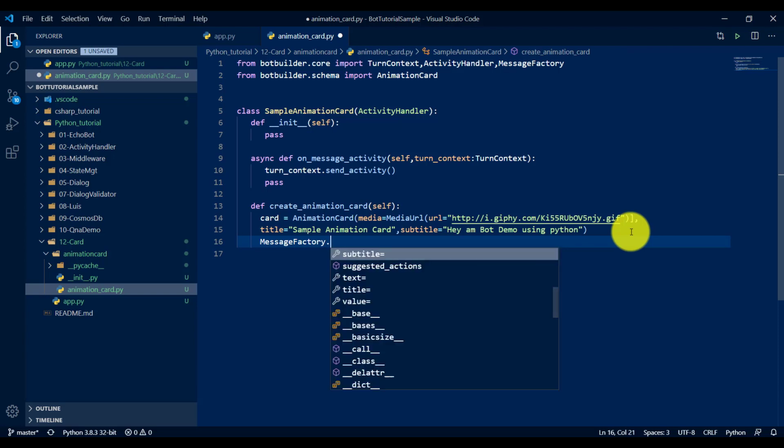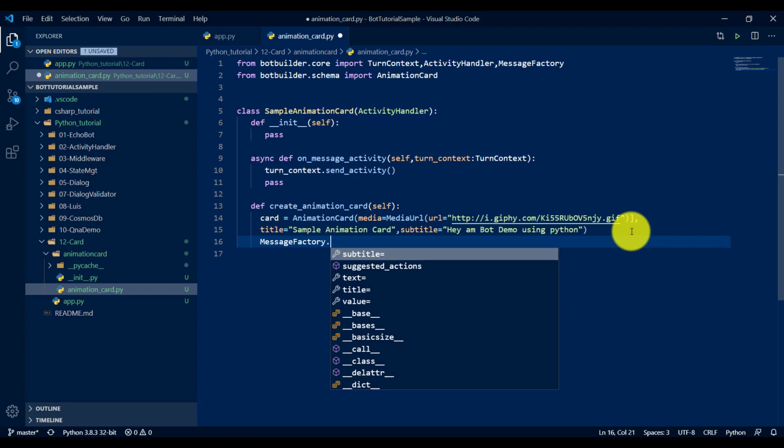So first we have to convert the animation card to an attachment, and after that add it to the message factory. So these are the steps. First, convert the card to an attachment. Next, add the attachment to the message factory. Third, send this message factory to the user. So there are three clear steps.